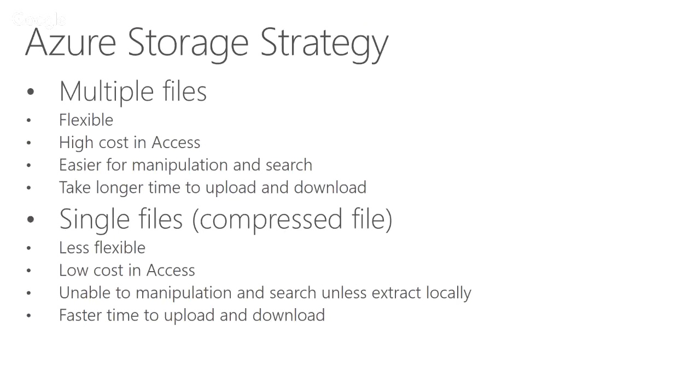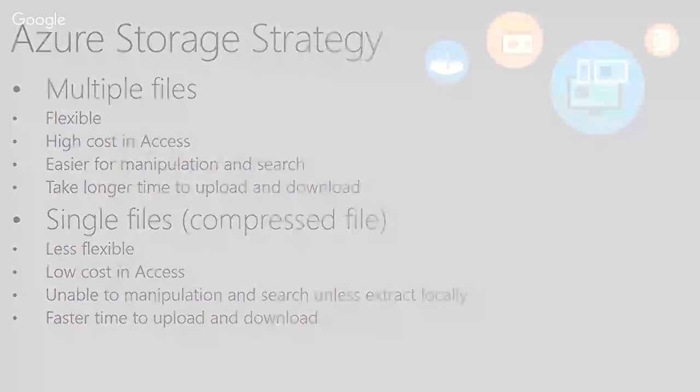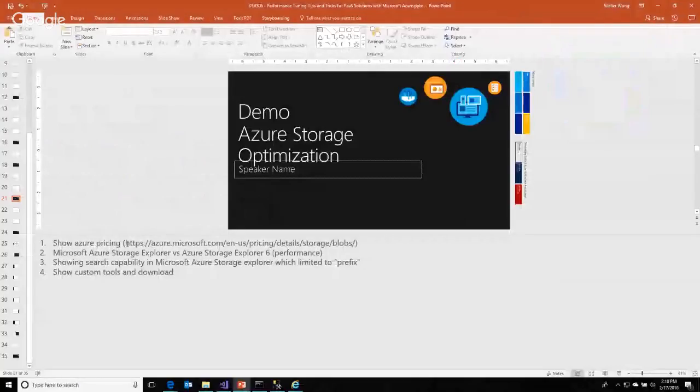However, if you do transactions and you need to access, for example, an e-receipt, let's say you make a payment and you generate the e-receipt behind the scenes, it's recommended to have multiple files and you can set it to hot, right? So these are two different strategies, depending on how you want to do it. Okay. So I'll share with you the Azure Storage optimizations. First of all, I'll give you the pricing.